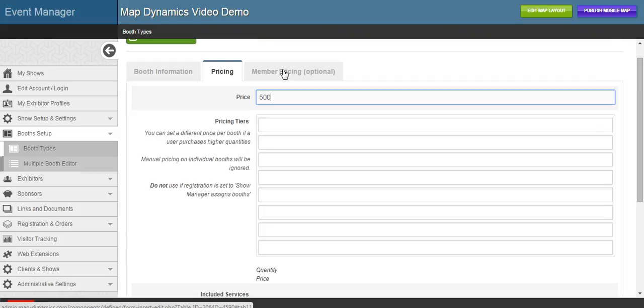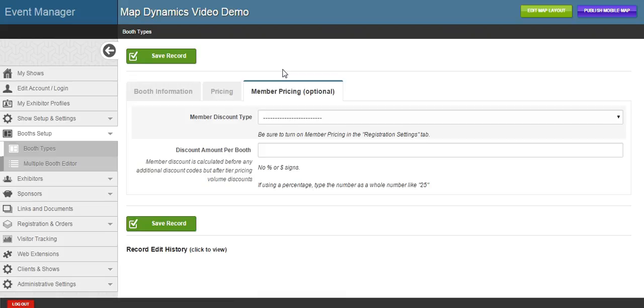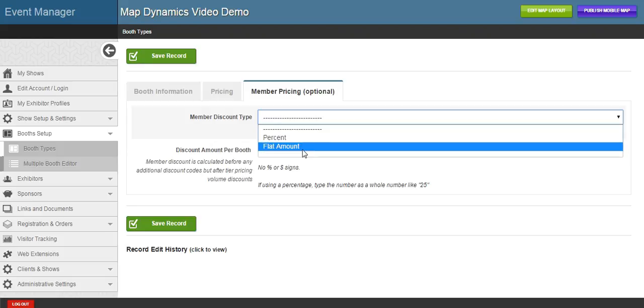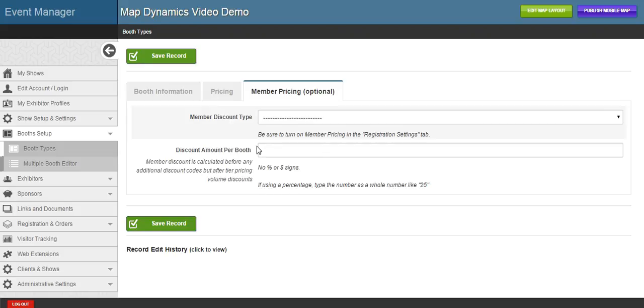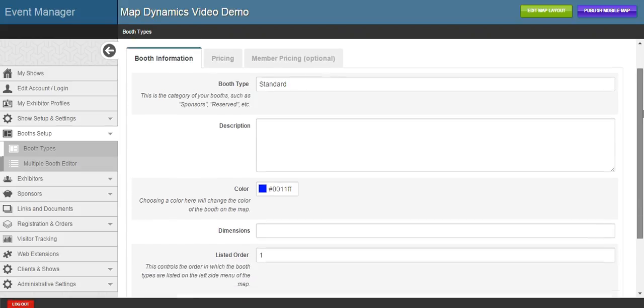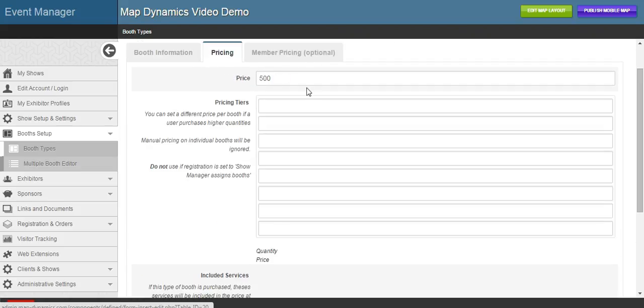And then I'm going to go to this member pricing tab. If you're using member pricing, basically you can give out a code to your members and then they get a discount on any booths. So you can choose if you want it to be a percent discount, like 25% off, or a flat amount, like they get $100 off the booth. You can choose one of those and then just put the amount in that field there. But for now, simple: standard booth, blue, $500,